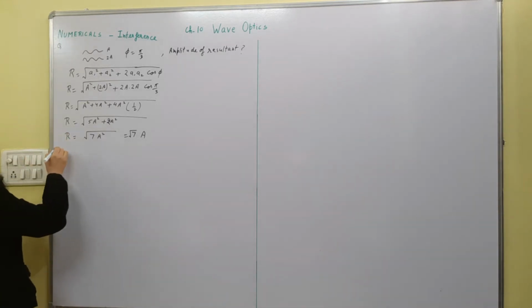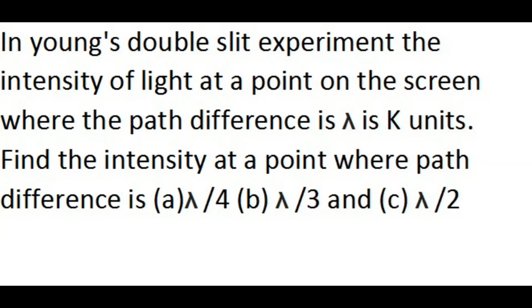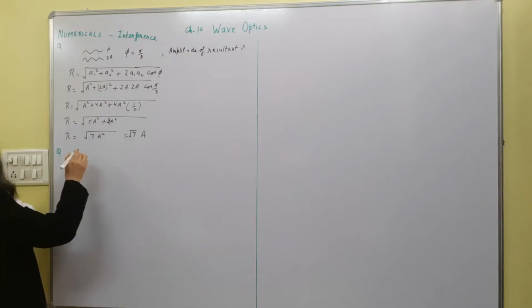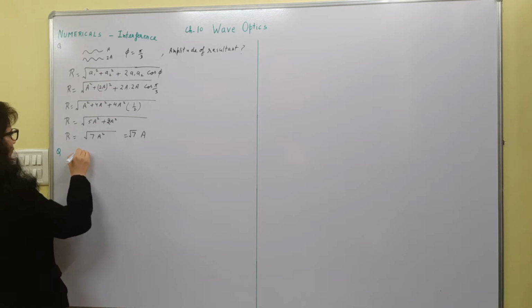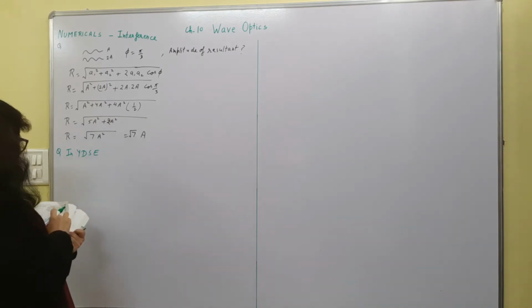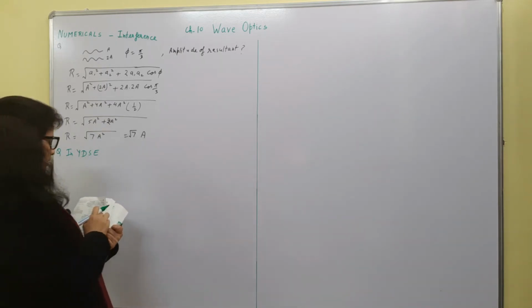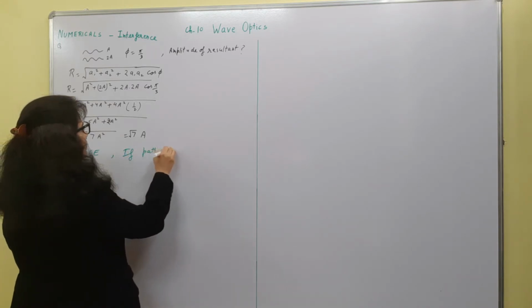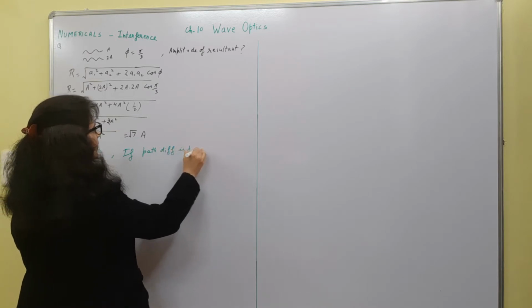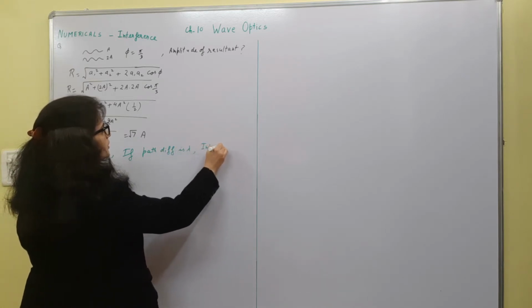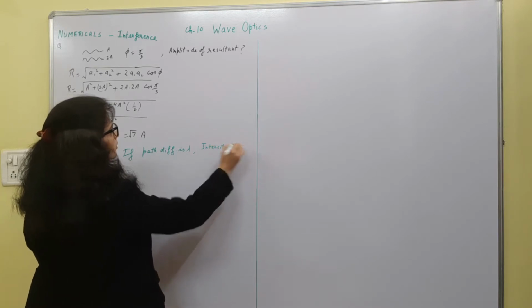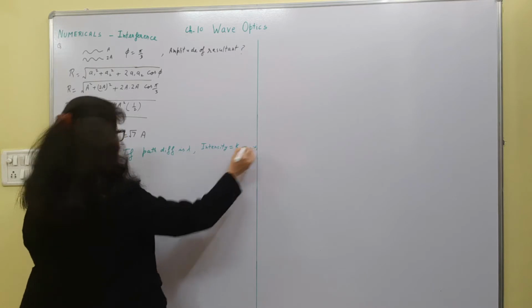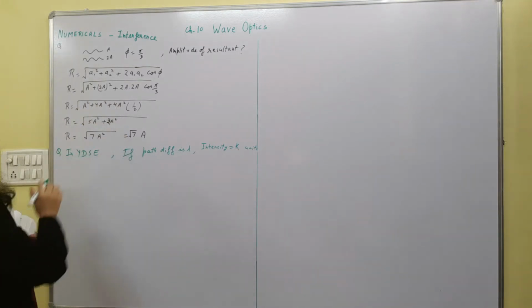In Young's double slit experiment, the intensity of light at a point on the screen where the path difference is lambda is k units. If path difference is lambda, intensity is k units. You have to find the intensity